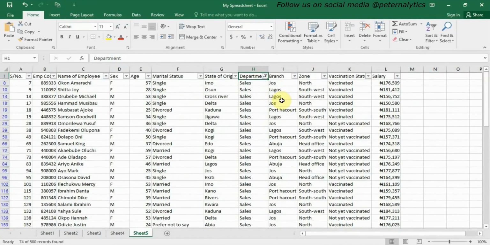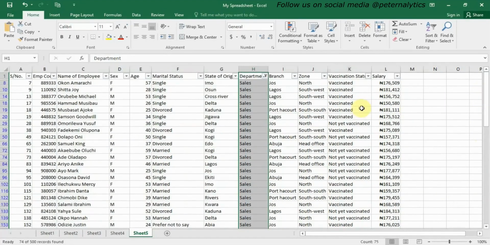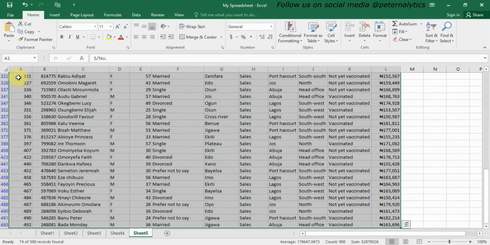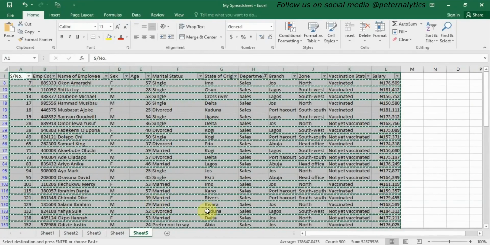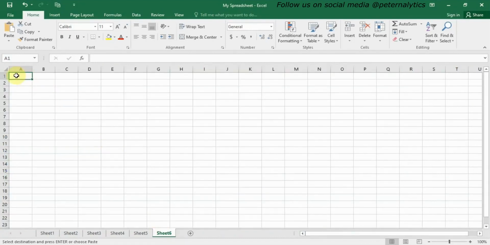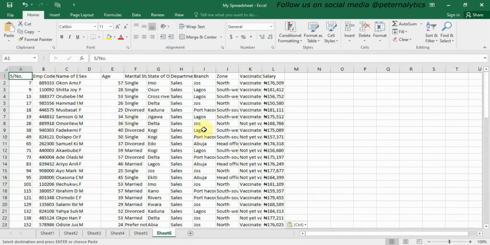No count. Let's count it. Okay, 75. So this one go dey enough for our pivot table. So if we copy them like this, we'll copy this table, copy only those wey dey the sales department. We'll paste them for new table. So now we don get new table of only the workers wey dey sales department across all the branches in